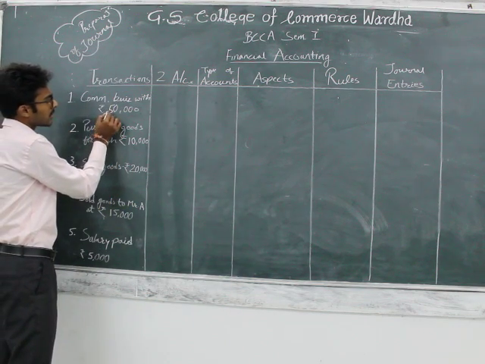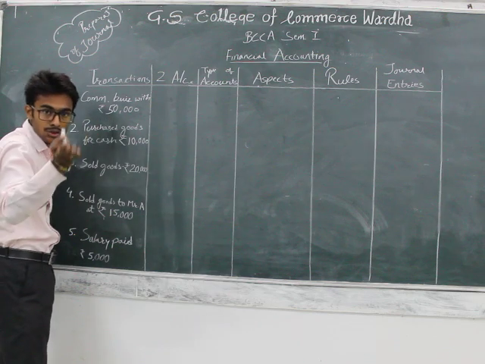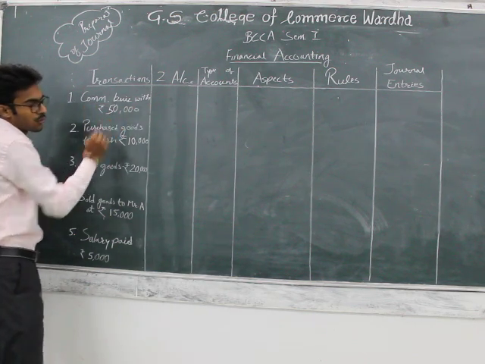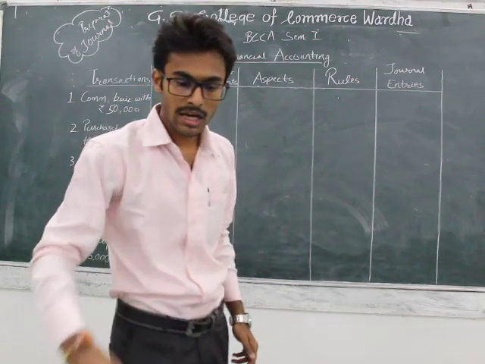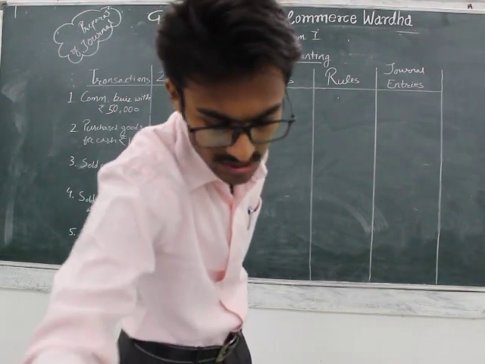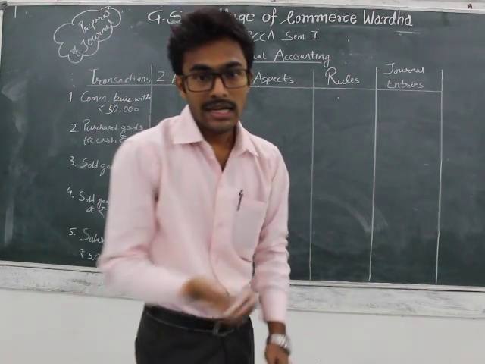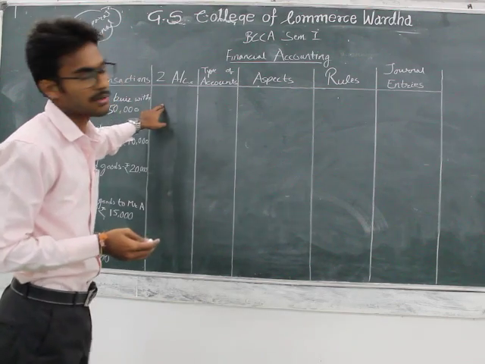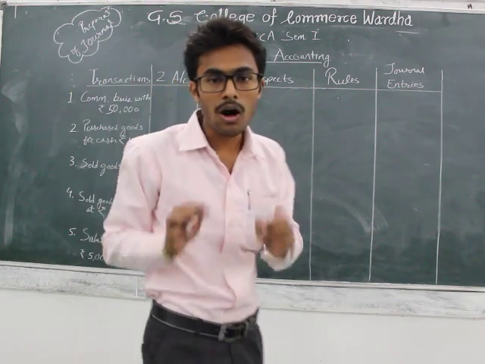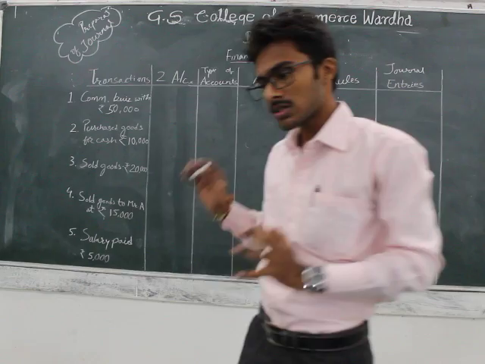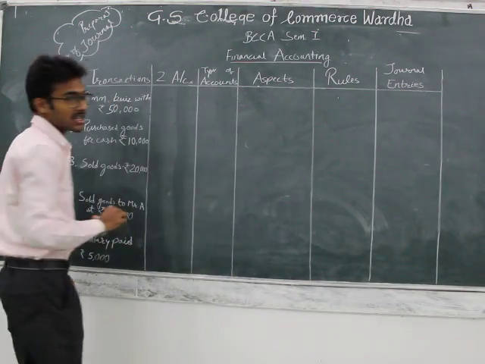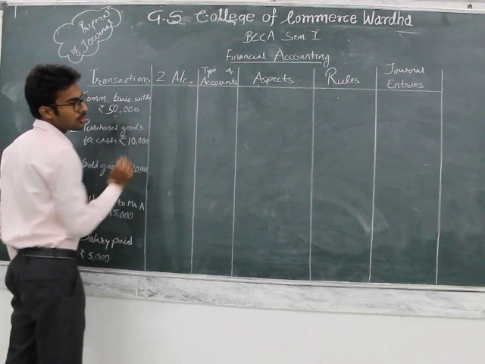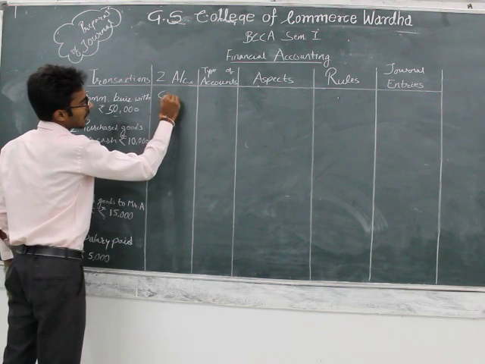So we have a transaction where you, the kirana shop owner, have commenced business with cash. Commenced business with cash means a person has given 50,000 to the business. So what kind of accounts will be involved in this transaction? First, there is cash. 50,000 rupees is cash. It means there are two accounts. Cash account,